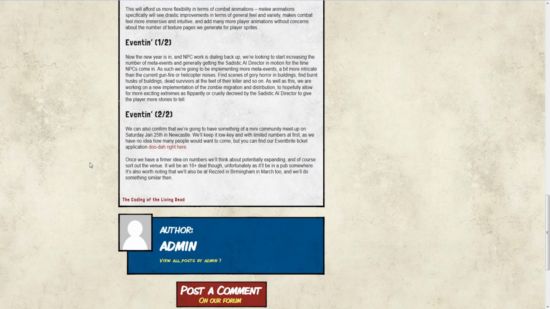Then there's two more parts, Event in 1 and Event in 2. So Event in 1 is the stuff you all care about. It's the stuff about NPCs and all that good stuff. So basically, Lemmy's been really hardcore going back into NPCs, and thank God. I get a lot of messages on my videos of playthroughs, hey, where are the NPCs? When are the NPCs coming? It's kind of like the most demanded thing on my videos is when are NPCs coming, and I, of course,